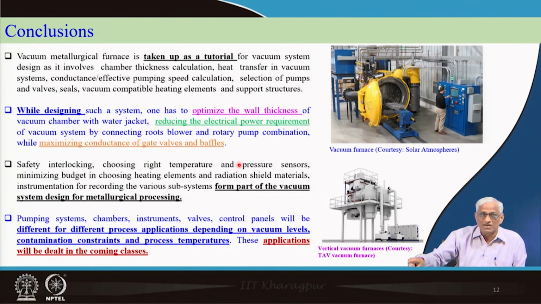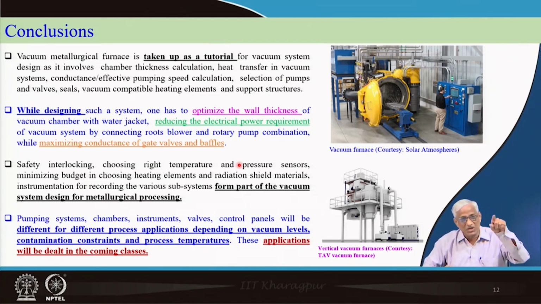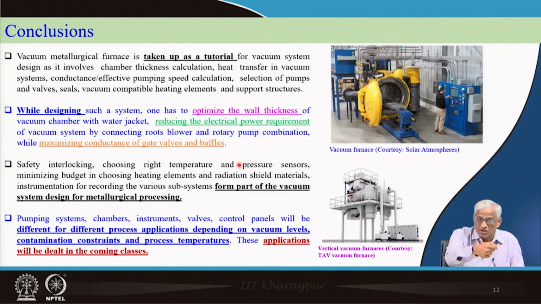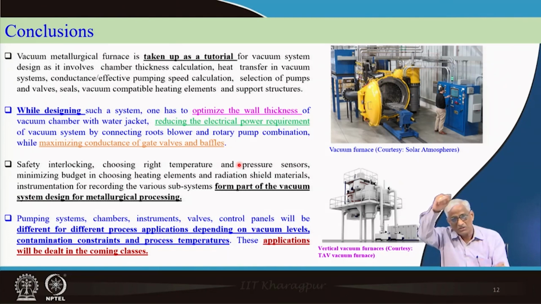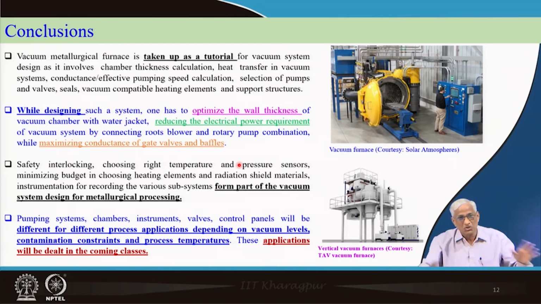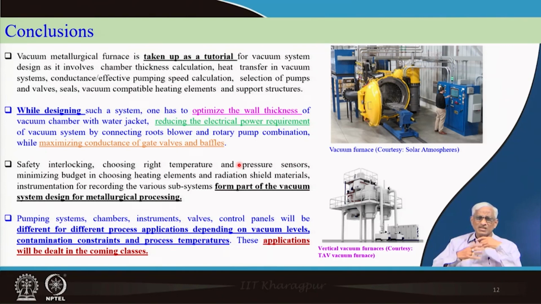Unless rotary pump is on, diffusion pump should not be on. Unless you get a good vacuum, heater should not be on. Unless the H2O peak goes down, process should not start. Unless water is on, process should not take place. Unless the front door is properly closed with good setting, nothing should switch on. So, varieties of things you have to take care. If there is a spark inside because of that 40 volts reaching the molybdenum heating element, you should immediately take care of that. Okay. So, pumping systems, valves, control panels, it is a huge lot of design issues involved,